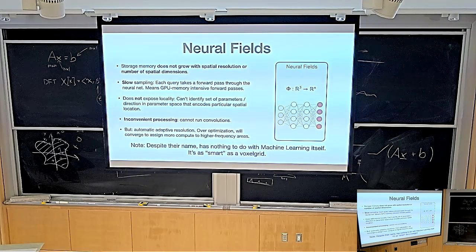Yes? Do these neural fields take images directly? You can fit a neural field to any signal that you have access to, yes. This lecture is a little bit strange, because the way to think about it is I gave a whole lecture on a topic where I basically tell you this thing is like a voxel grid. A neural field is like a souped-up voxel grid. It's like a grid of pixels, with an asterisk. But basically, it's just like a voxel grid.